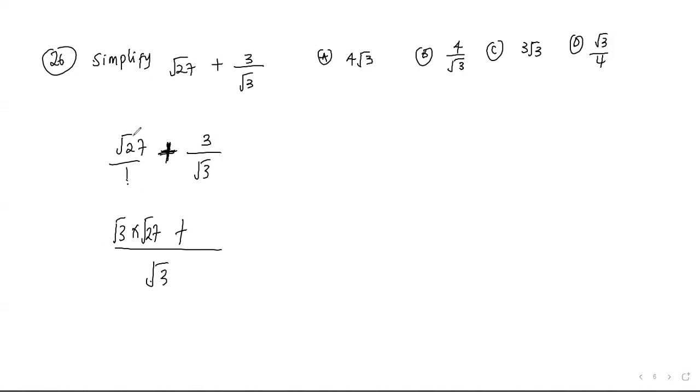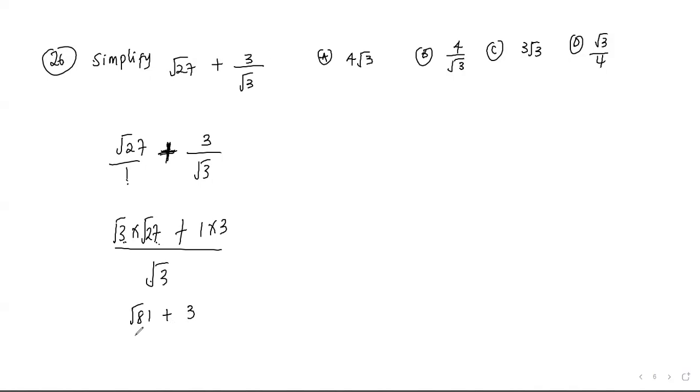Whatever you get multiplies with this numerator. Then plus root 3 divided by root 3 is 1. Whatever you get is multiplied with this one. So 1 times 3, right? So you see, these guys are a root. So 3 times 27 will give us what? That should be 81, right? 3 times 27 should give us 81 plus